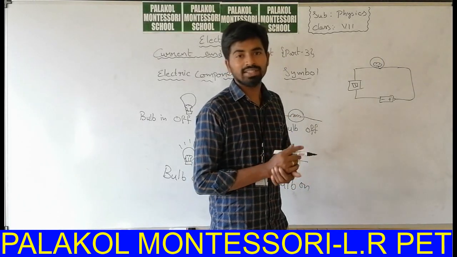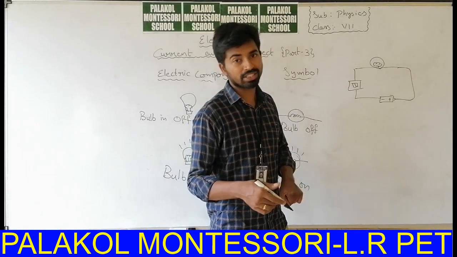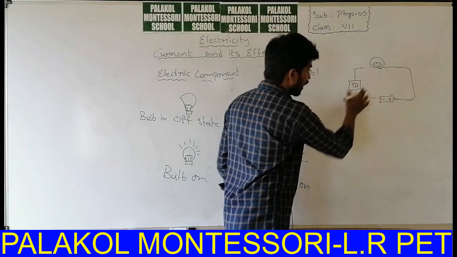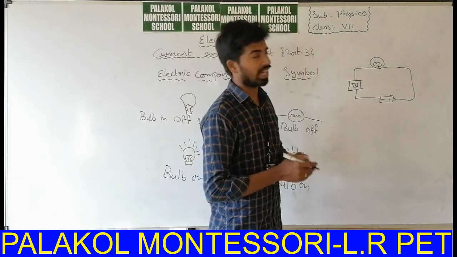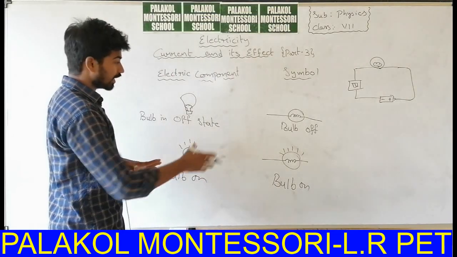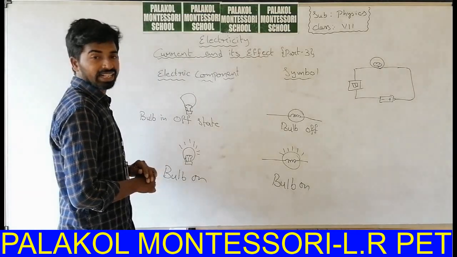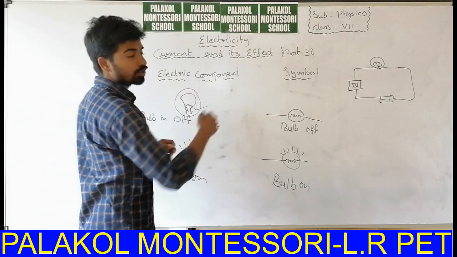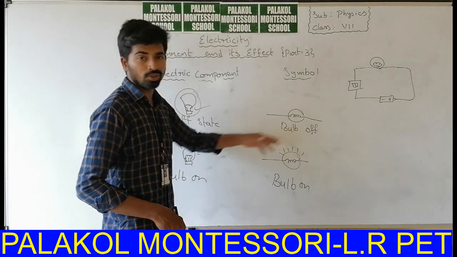So in order to simplify the circuit, you can use the symbols. What is the symbol of the battery? The battery symbol is a longer line. I will redraw this diagram by replacing it with symbols. Just note it down in a book about the symbols of the electric components. We don't need to denote the bulb like this in the circuit. You can represent it like this. It is a simple form. Is it difficult to draw? No, it is very simple.